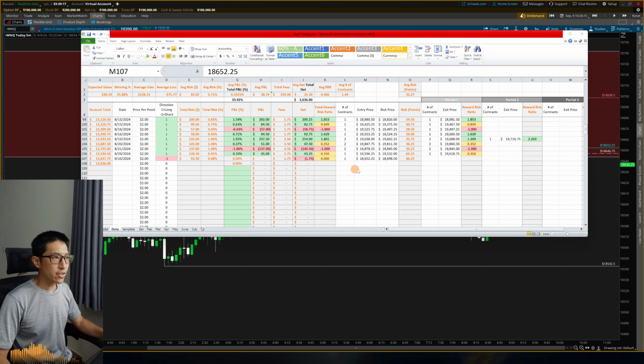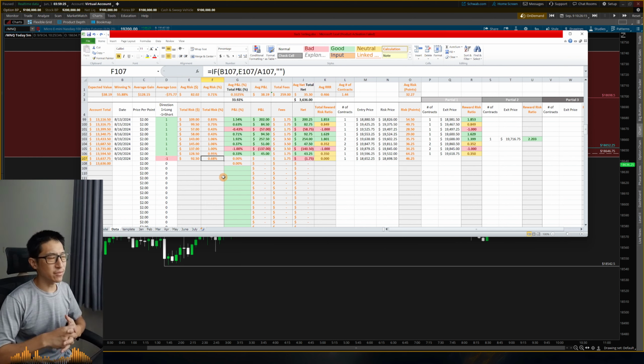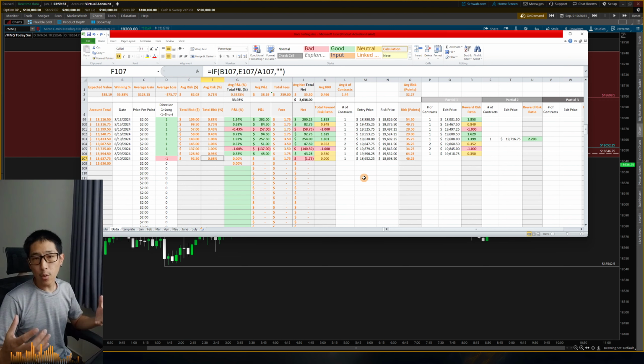Okay, so looking at the spreadsheet with this entry and risk level, I'm only going to be able to do 1 contract, and that's going to be close to 0.7% risk. If I do 2, definitely going to be over that 1% limit. So yeah, just going to have to take 1 contract, and that's perfectly fine with me. It is a Monday, small range anyway, so I'm not expecting a big move. So perfectly fine with a little bit less than my normal risk.